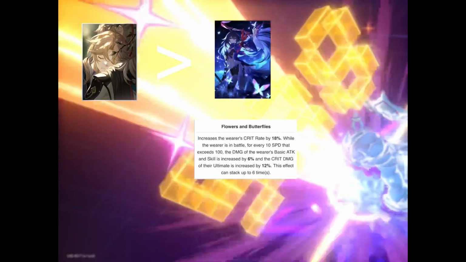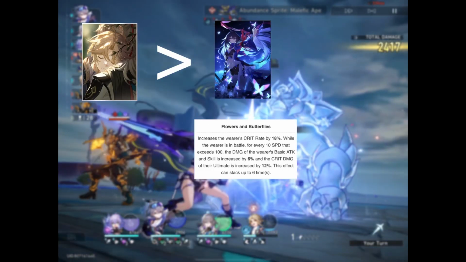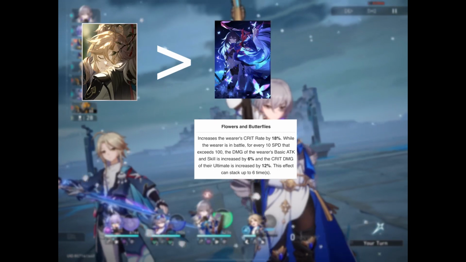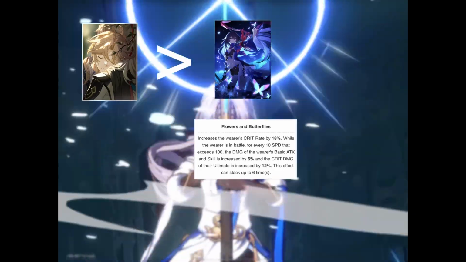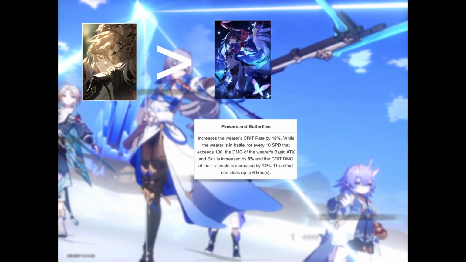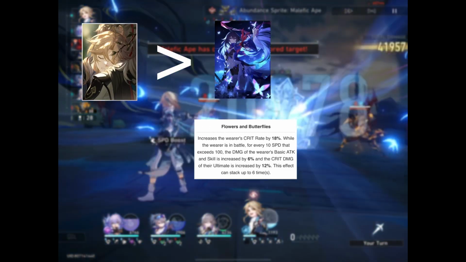His second best 5-star option would be Sailing Towards a Second Life, Sealy's signature. It increases the wearer's crit rate by 18%, whilst also providing 12% crit damage to their ultimate and 6% attack, basic attack, and skill damage for every 10 speed that is over the 100 limit. Whilst this is good, I do find that the crit rate might overflow a lot, which makes it less viable than